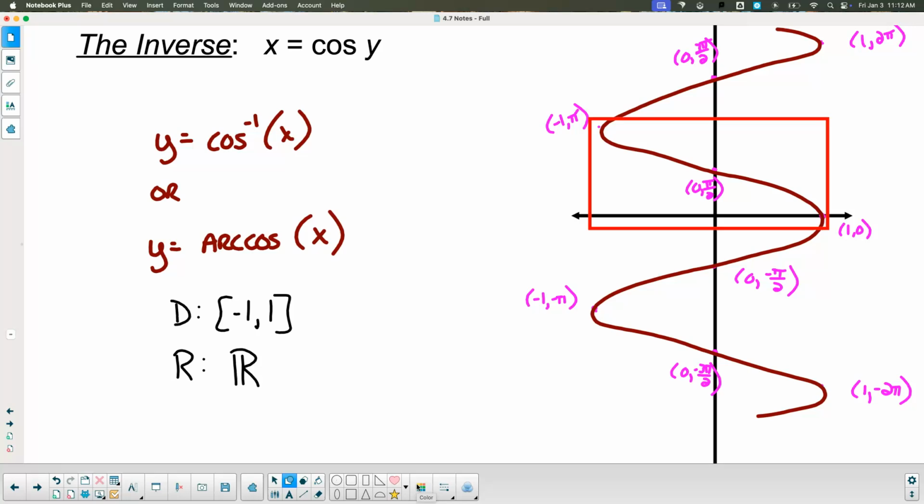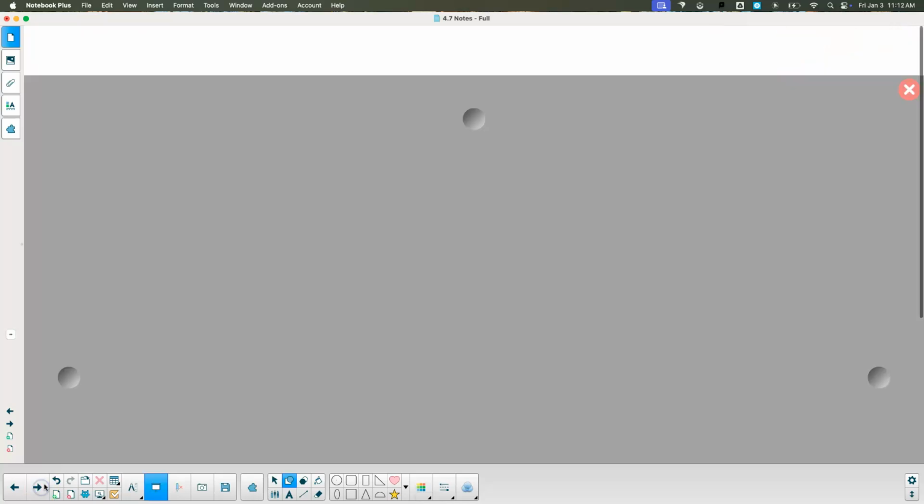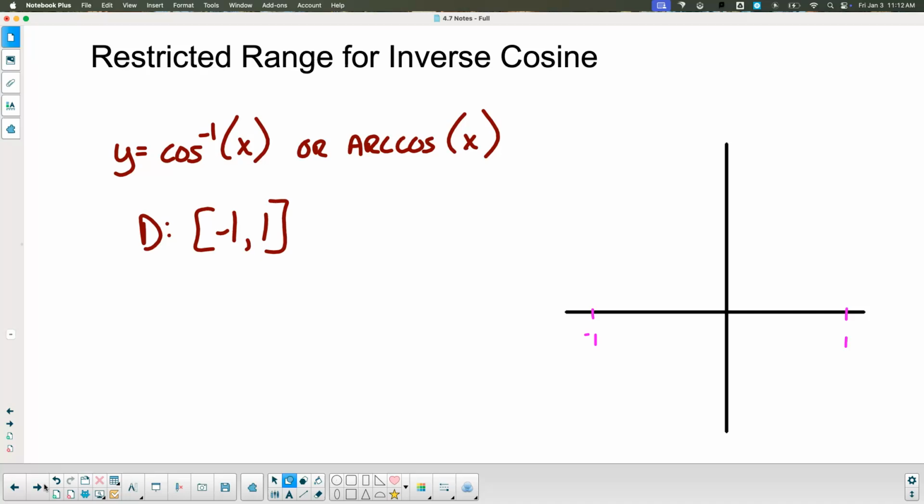Because that includes 0. Okay? I want to have my original 0 angle measure in there. So that's where I'm going to focus in on it. And so this is going to look like,